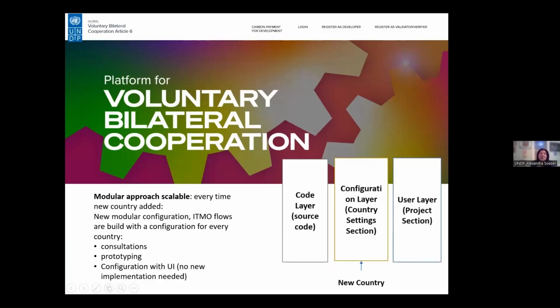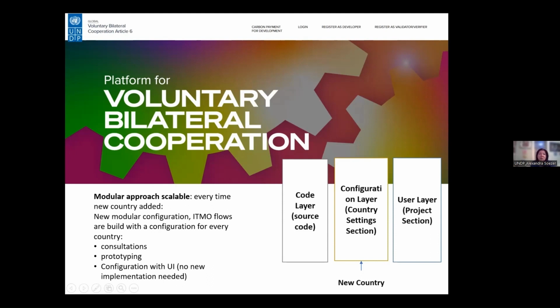As a digital solution to simplify the complete workflow for project developers and streamline authorization and issuance processes for governments, on a linked registry, we have developed the Carbon Cooperation Platform. The security of the platform was assessed by the UN International Computing Center and UNDP's Information Security Team.